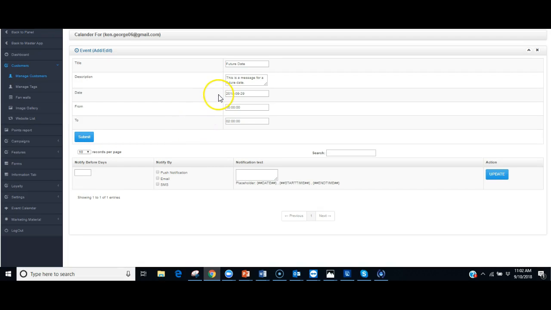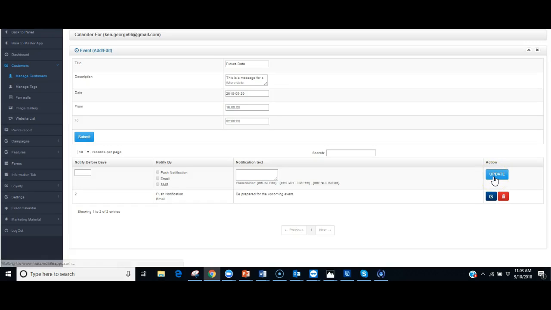Okay, so this date is happening in the future, and if we want to notify this person 2 days before, then we can notify them 2 days before by push notification, by email, and automatically they will get whatever message we type in here. So be ready, be prepared for the upcoming event. And then we click update, and now this information is all set to be sent out 2 days before directly